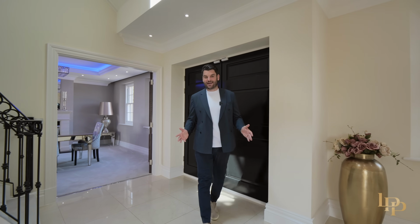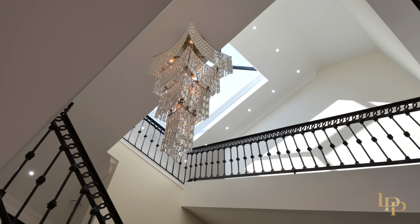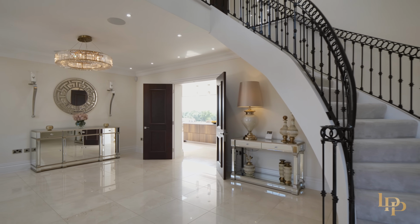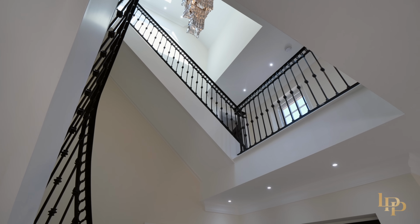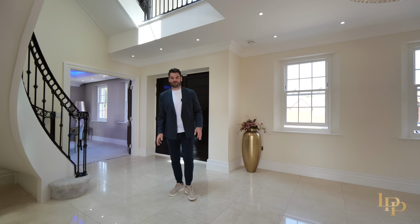Welcome to Astley House, and I genuinely don't know where to start in this property, but I've got to point out this really impressive entrance hall. You can see the 3 levels, and that crystal chandelier is absolutely stunning. You've got the spiral staircase as well, but now I'm going to take you straight into the heart of the